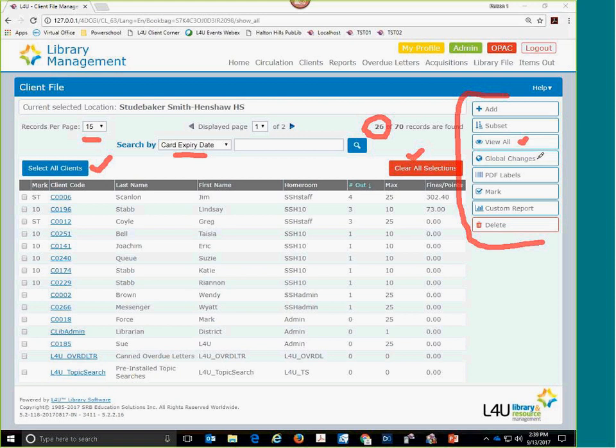But I will touch bases on that a bit later, because if you're actually at a school and you're moving patrons from grade 12 out before you get the class refresh, you're going to have to change those grade 12s to a homeroom called withdrawn or gone. And that global changes is where you do that. Let's talk about that a bit later, and these other ones we'll talk about in just a sec. But when you get to this spot,